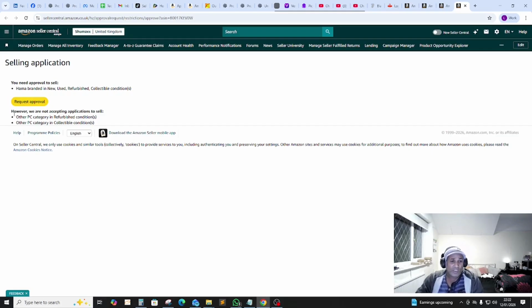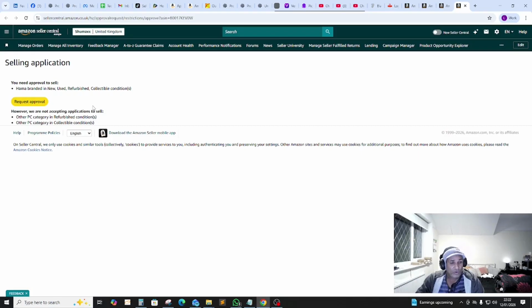Even Amazon is saying, most of the time you will see this message when you are going to request approval, that however Amazon is not accepting applications to sell this particular kind of product, but you still go ahead. This is just a standard generic message which comes underneath every request approval.